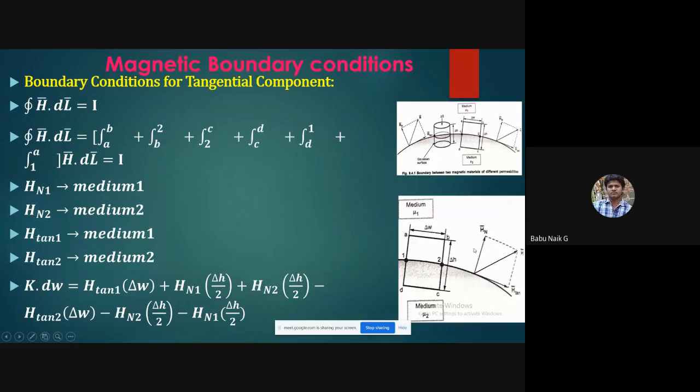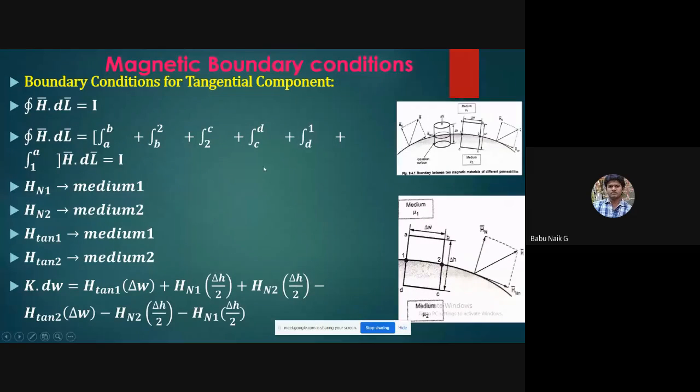Okay, so now you can take Ampere's circuital law, the integration from this path, from here up to here, that is A to B, plus then the other path B to 2, which is divided, half is this one and half is this one. So that is B to 2 plus 2 to C, and plus C to D, and then D to 1, which is half, and then the other one is 1 to A. So Ampere's circuital law is going to hold here, and you can apply it completely.